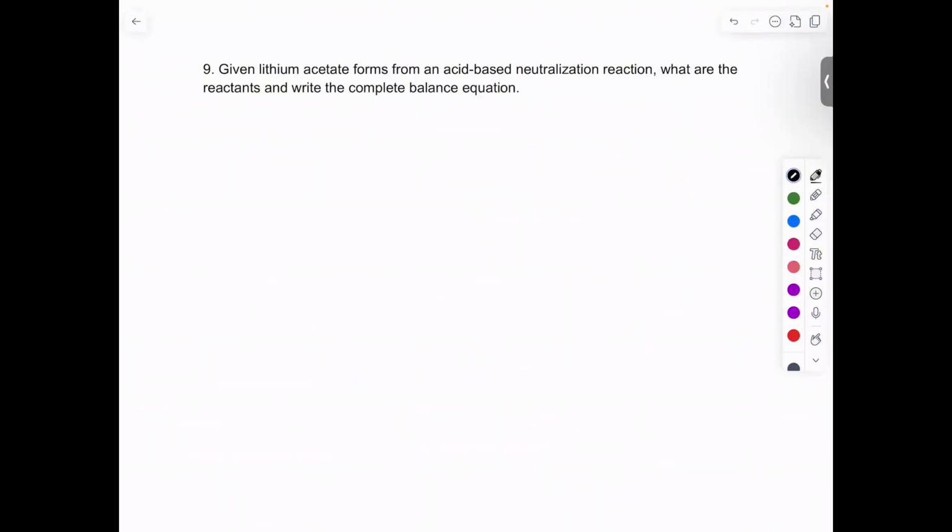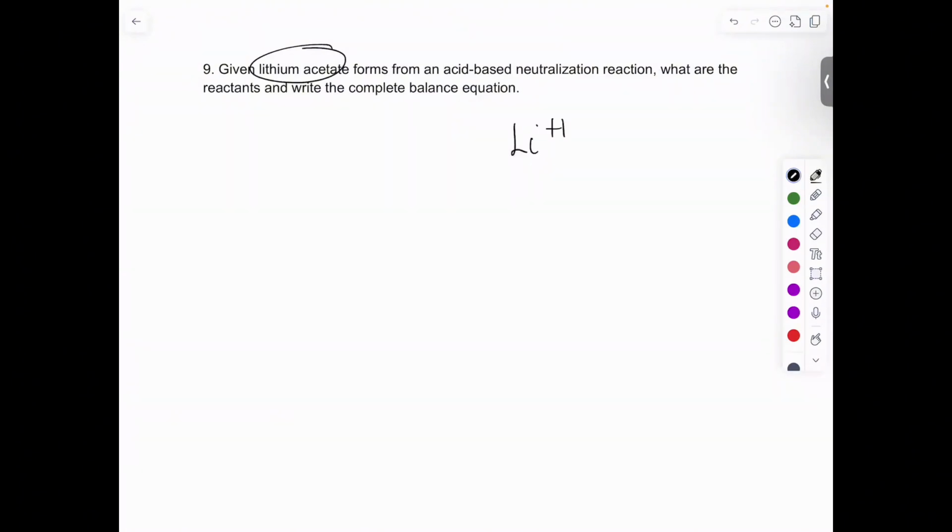So what they're saying is, if I give you the salt, can you work backwards and give me the acid and base that would generate that salt in an acid-base neutralization, all right? So lithium acetate, there's our salt right there, okay? Lithium is a metal, acetate is an anion, okay? And if we put them together, we will have